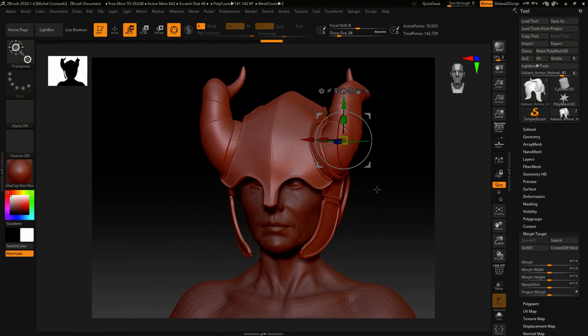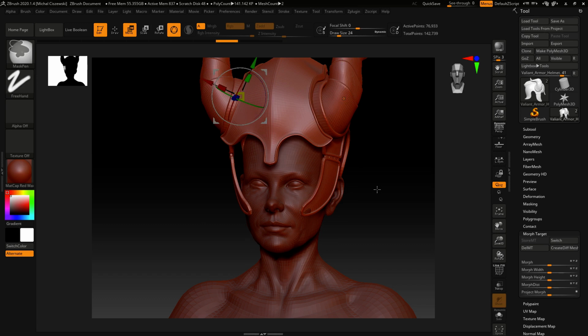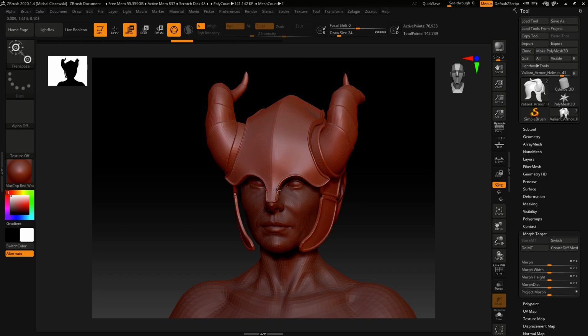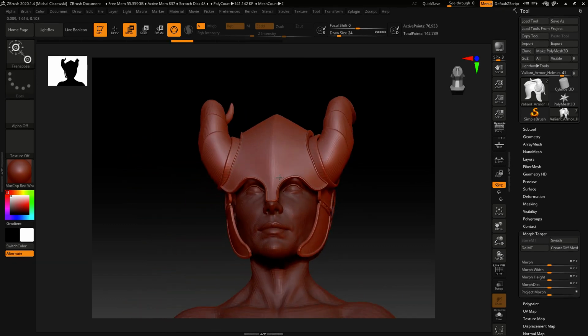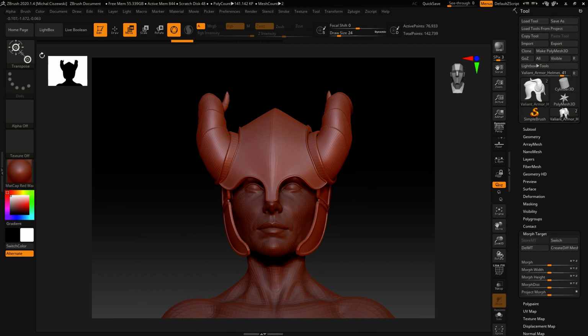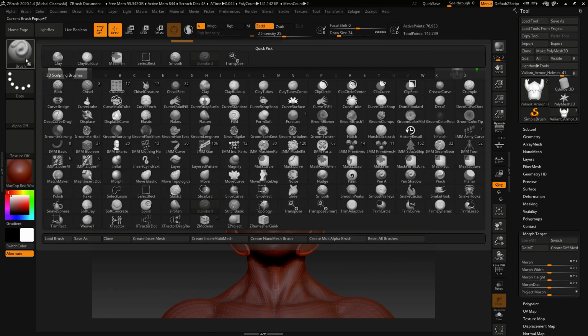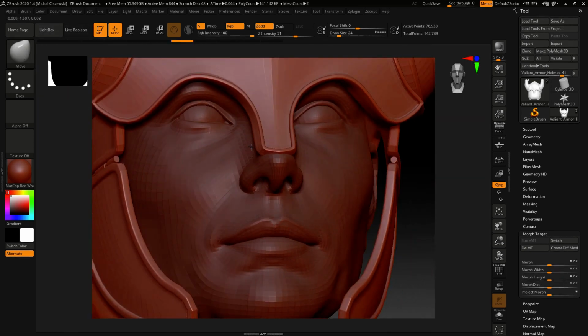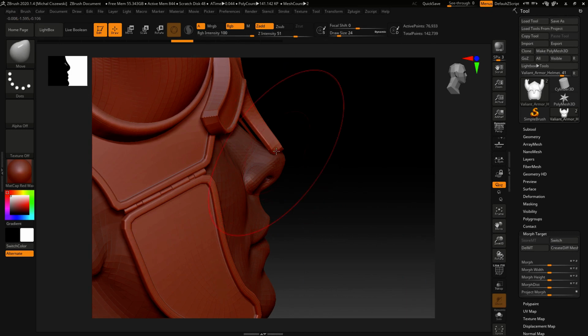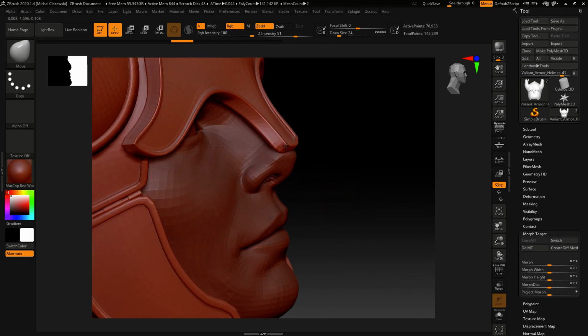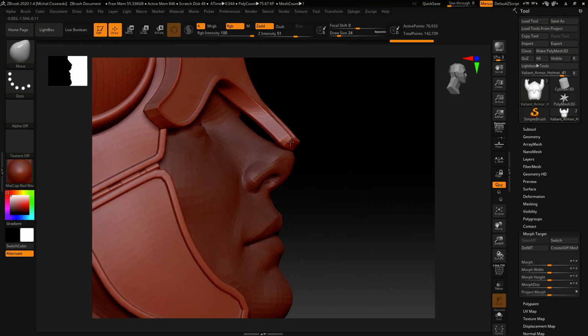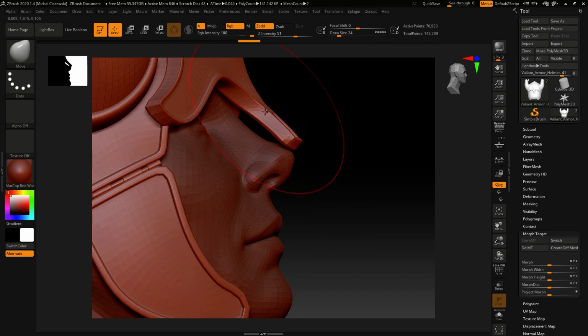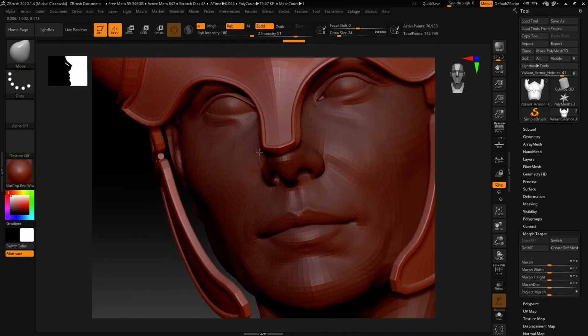But since this actually looked better and fit better, all I'm going to do is pick the move brush and move this piece a little bit forward,